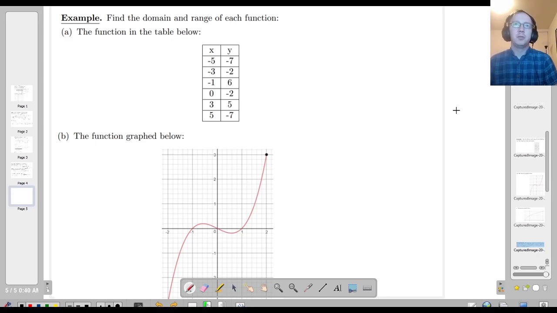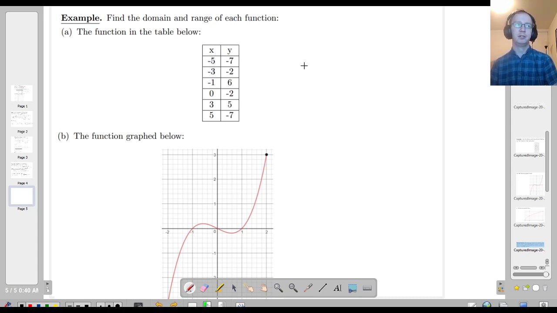Now that we have interval notation under our belts, let's go back and try to do some more examples of describing the domain and range of some functions. So in this function right here, this is more like the ones we saw originally, where it was just a table of values. Okay, so again, I'm not saying all the numbers from -5 to 5, it's just these specific